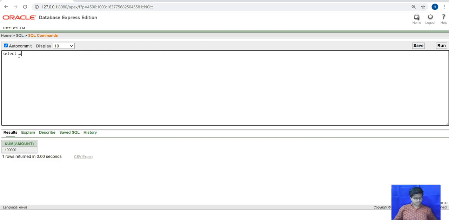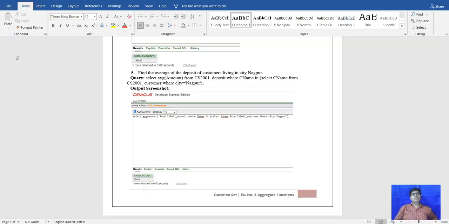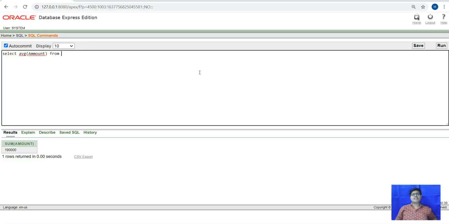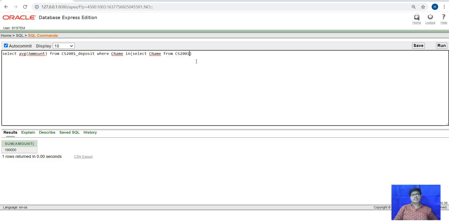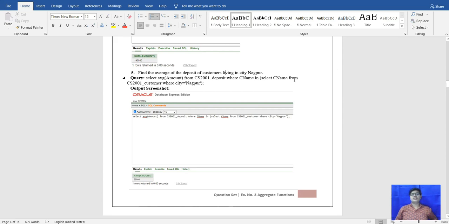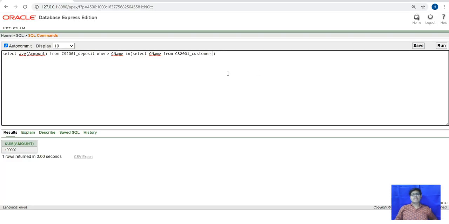We type select average of amount from deposit where cname in a subquery: select cname from customer where the city is Nagpur.